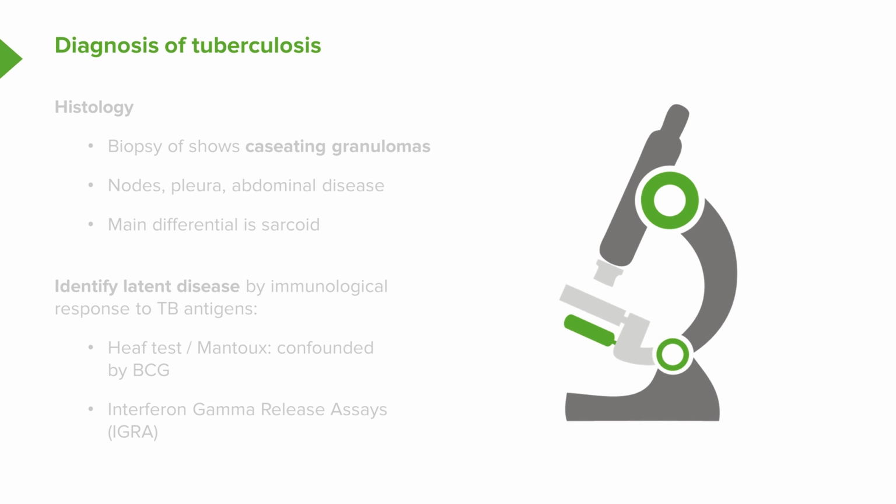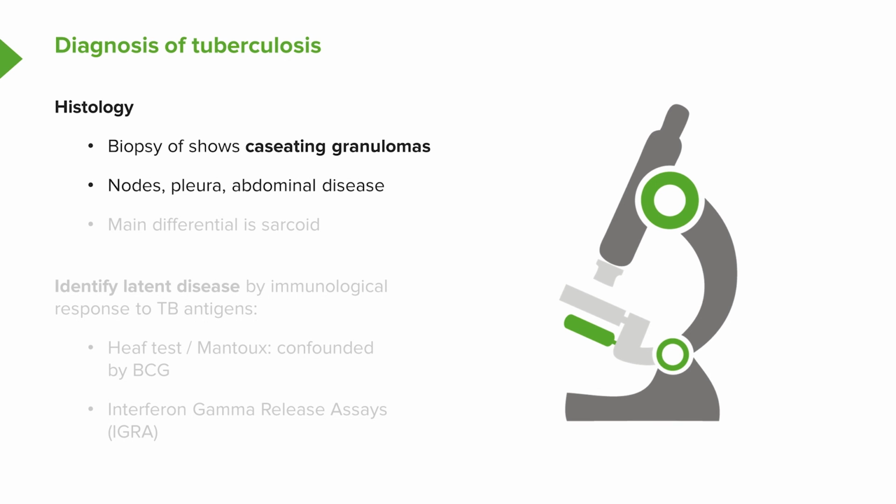We also use biopsies to try and prove that tuberculosis is present. Now, this is particularly important for extrapulmonary disease. And what the biopsy will show is the presence of granulomas, which is that very specific histological appearance that reflects the immunological response to the presence of Mycobacterium tuberculosis. And in fact, with TB, they are very specific granulomas which have a central area of necrosis, and that's called caseating granulomas. And we use biopsies of the pleura, abdominal disease, the lymph nodes to confirm the patient may have extrapulmonary tuberculosis.